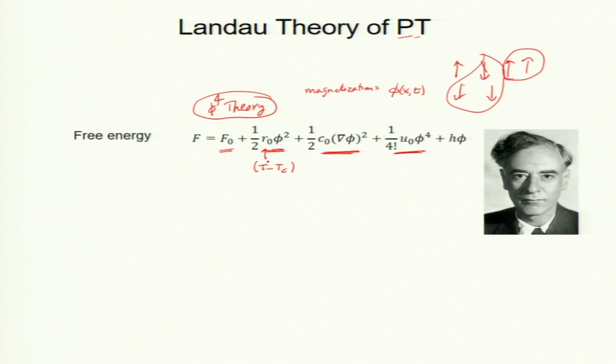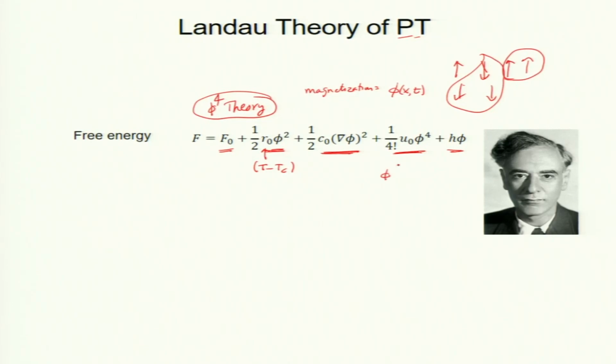So, phi^4 plays a critical role for phase transition, and H phi is the interaction sigma dot B, you know. So, H phi is the interaction of the magnetic system with the external field, and H will also act like a source term. Okay, so H is the source term if you like. H is a magnetic field, external magnetic field.